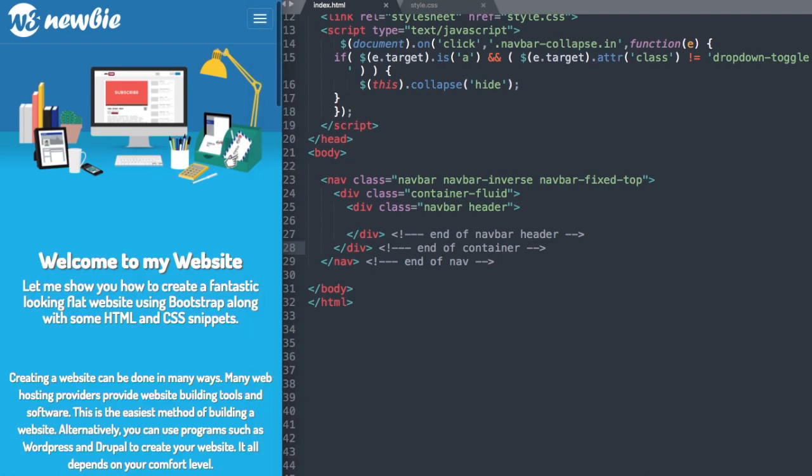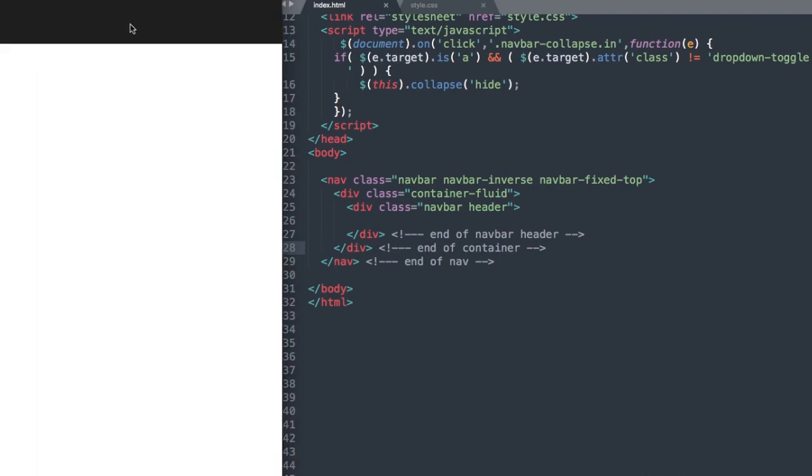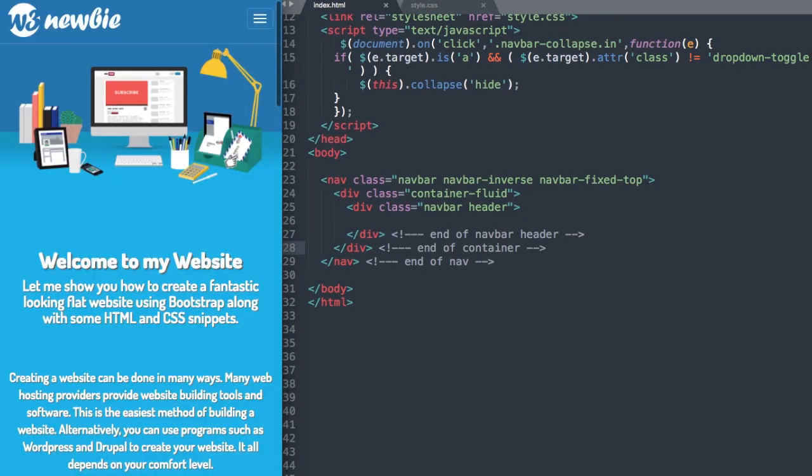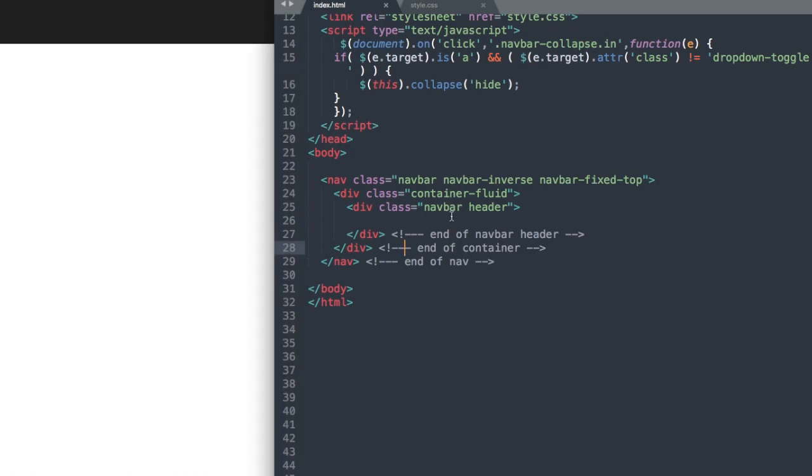Okay. And now if we refresh the page, we'll just have a black line up here, which is the start of our navigation bar and header. And now let's go ahead and add the button, which allows us to have the drop-down nav on mobile versions. So button type button, and then we'll give it a class and say navbar-toggle, since this is sort of the toggle switch for our drop-down navigation, and then data-toggle equals collapse,